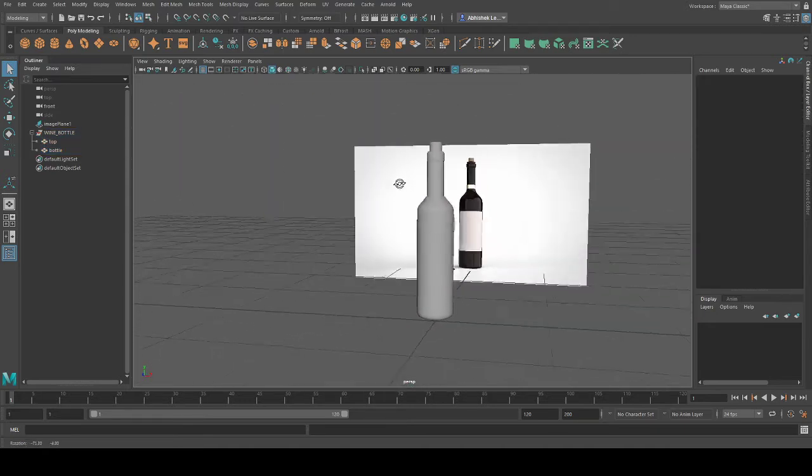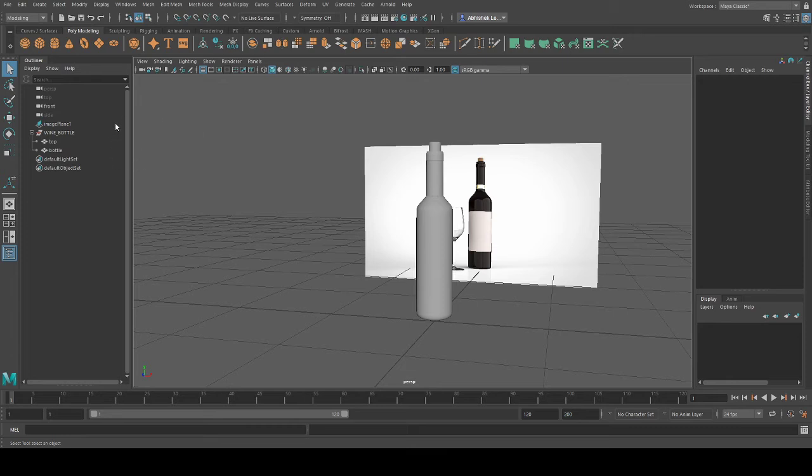Easy, right? Okay, press Ctrl S, save it. Make sure you do this step before starting, okay? And keep pressing Ctrl S because anytime it can crash. You don't want your project to crash, right? Make sure this is Maya ASCII, and here I'll write wine bottle slash glass. We'll be making glass also, right?